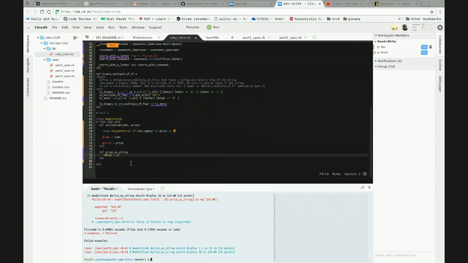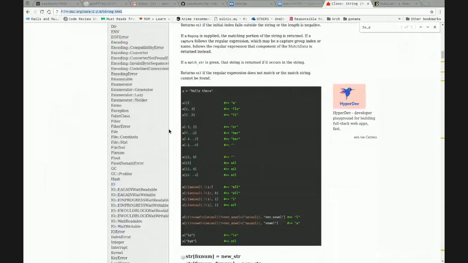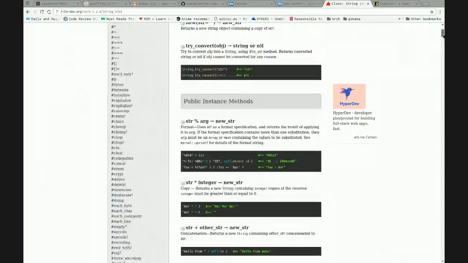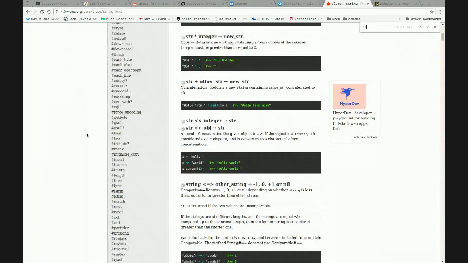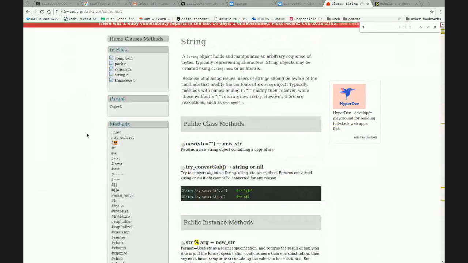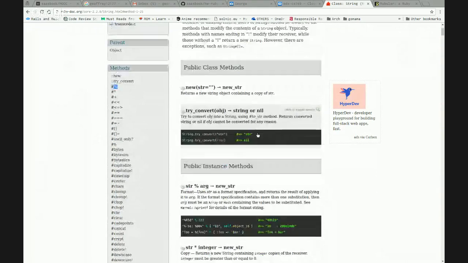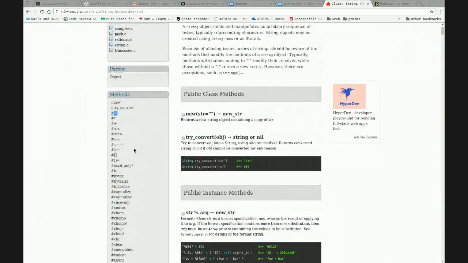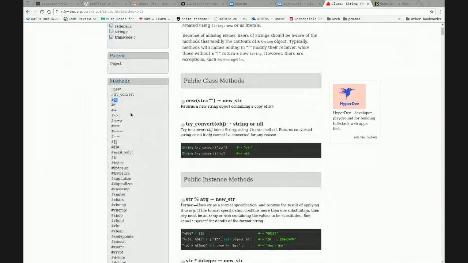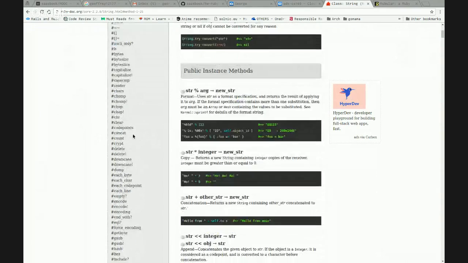Okay. So now I have to format the price, and I don't remember the function, so I'll just check it in the documentation. There's this literal that can format your string, but let me find it.